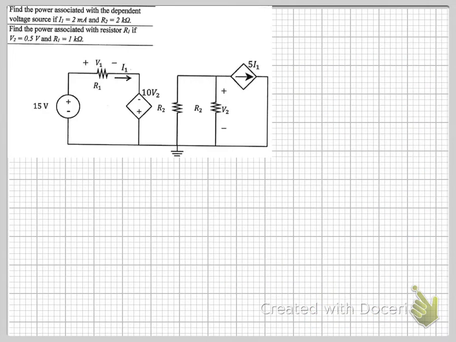The next question we are going to look at says we must find the power associated with a dependent voltage source if I1 is 2 milliamps and R2 is 2 kilo ohms. You're given I1, which means you know the value there, and you have 2 equal resistors, so the current is going to split equally amongst them. So you've got 5 amps going through each, and the value of R2 is 2K, so the voltage is equal to